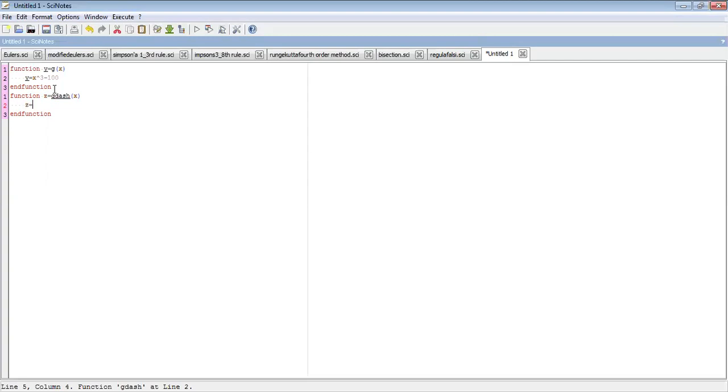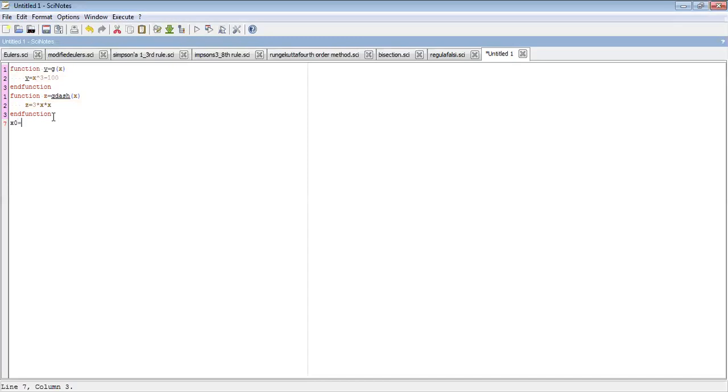Z is equal to the derivative of x cube, and that derivative is 3 times x square. I just write it in a different way; instead of taking hat, I can use x square like this. Both ways are correct. Now I have to ask for the initial value, correct? We call it x0.